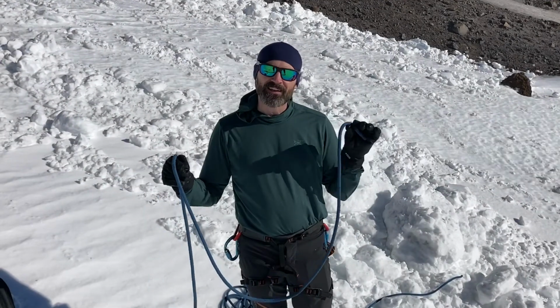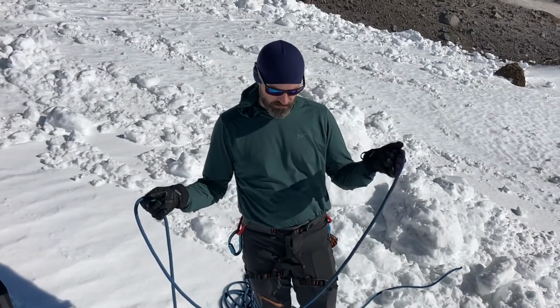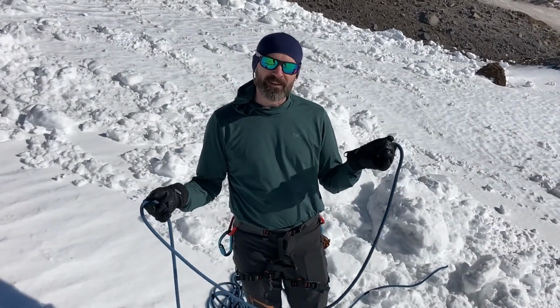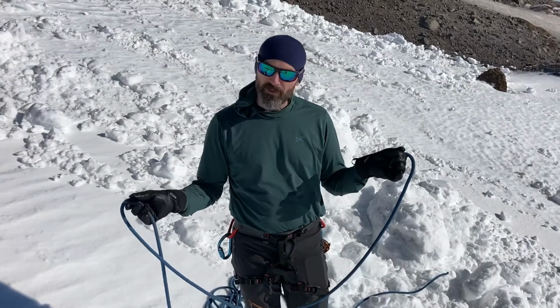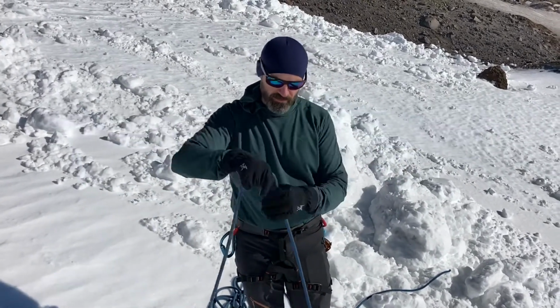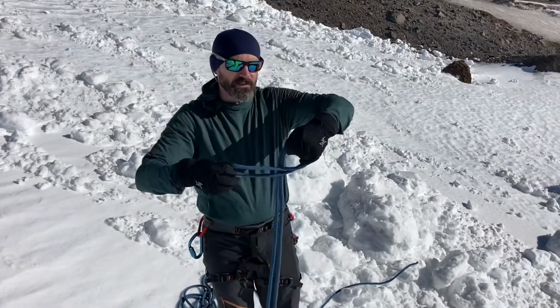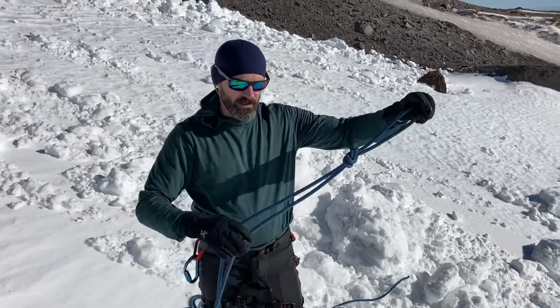So if you're tying in for going over a glacier and you want to have a rope team, I'll show right now a rope team of 2. And this could be amended later to just have somebody in the middle if needed. So I usually like to do one arm's length where the person on the end is going to tie in. I'll just do a quick overhand there. And then from there,